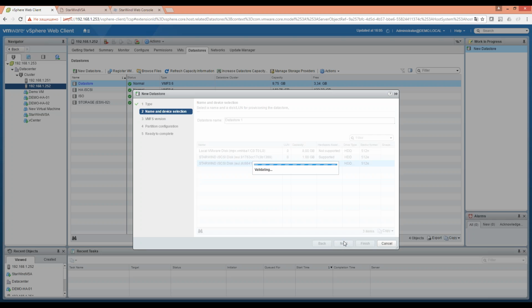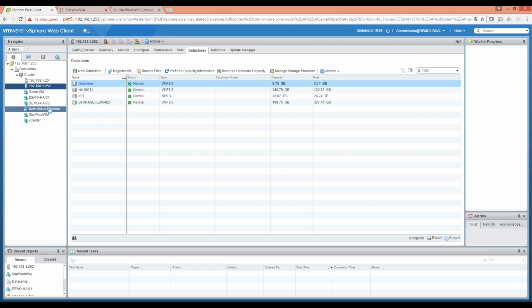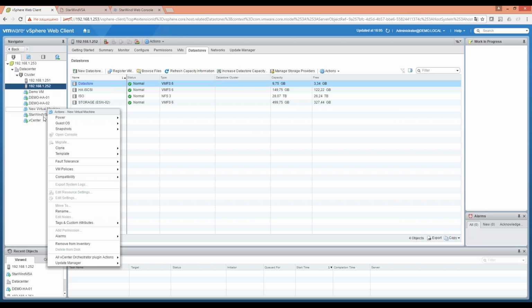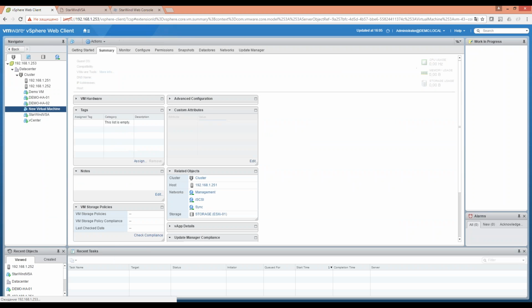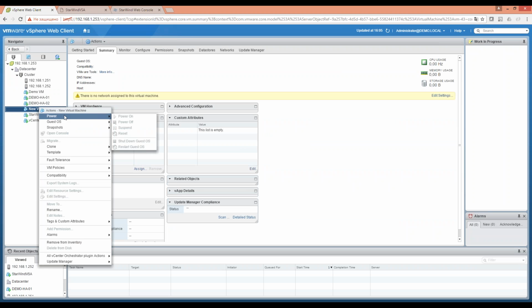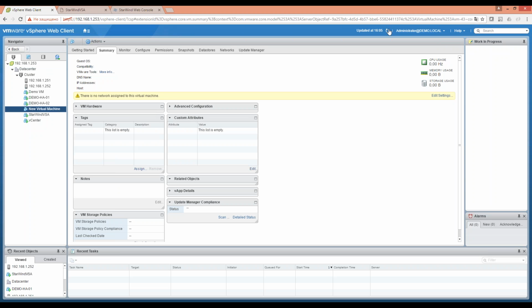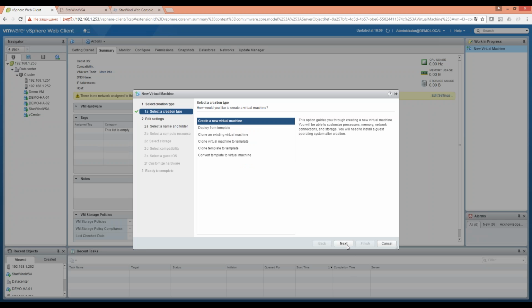Here it is. It's weird. I've deleted it. I should maybe refresh. Yep. Let's create a new virtual machine again and put it on the newly created data store